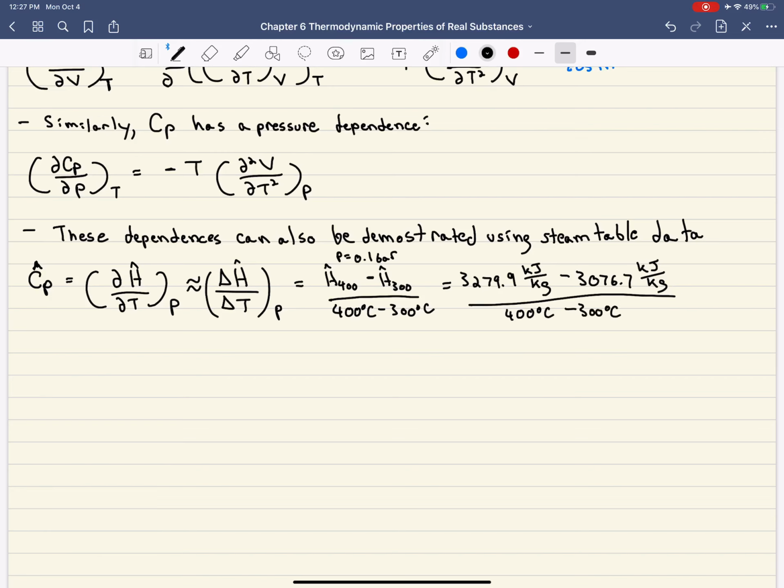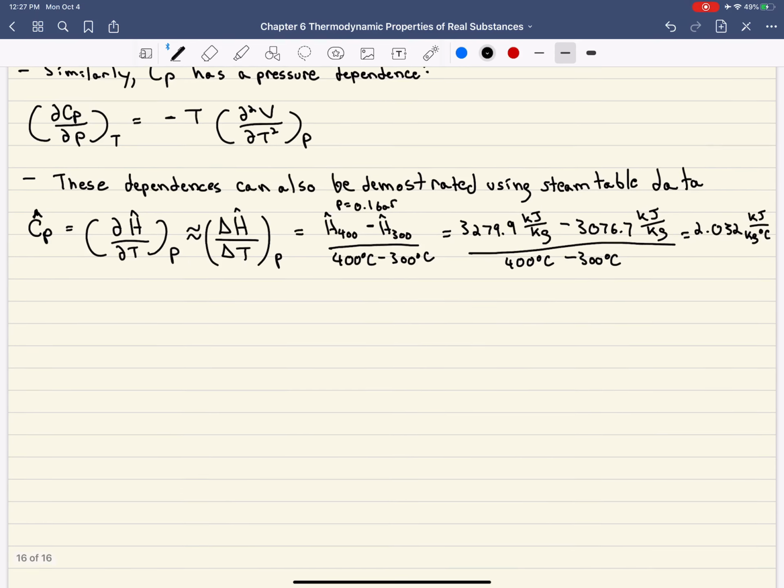And we would find that we get a value of 2.032 kilojoules per kilogram per Celsius. Okay? Right, so this is one way to roughly approximate the heat capacity. All right, so now that I've demonstrated an example calculation,